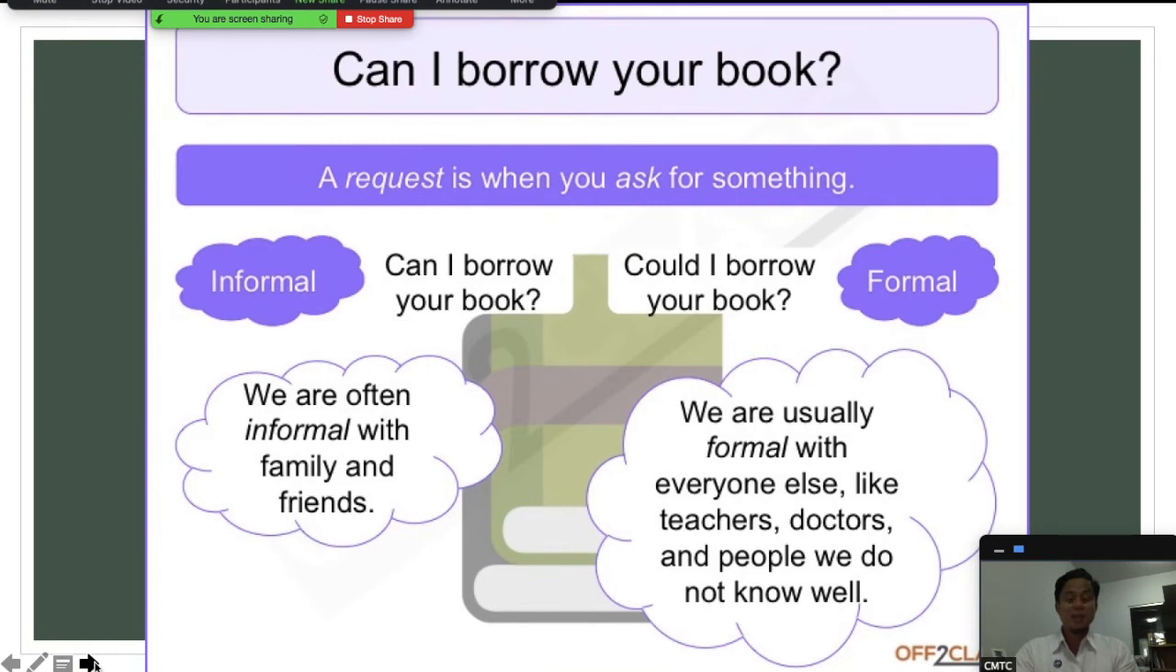Let's have this example at first. Can I borrow your book? Could I borrow your book? So if we look at these two, they look the same, but what's the different thing there? Right, can and could. So here we use can if it's informal, and we use could if it's formal language